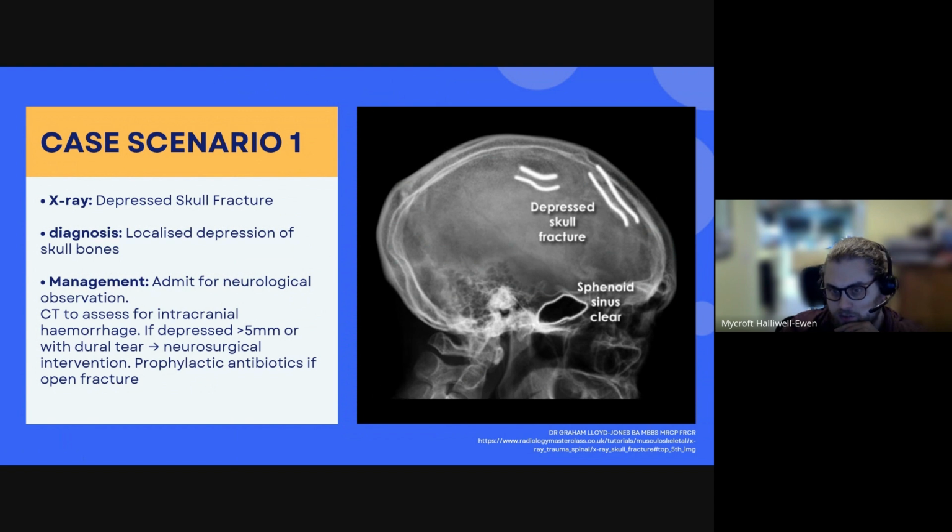So, depressed skull fracture, right? So again, this is one of the things to talk about, and it very much changes when you're in low resource settings. When I am in my hospital, remember all my radiation principles is ALARA, as low as reasonably achievable. If there is a likelihood that I am CTing for a potential intracranial hemorrhage, which I may well do because,